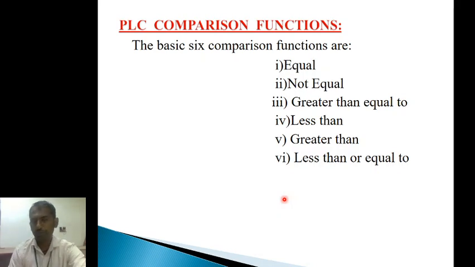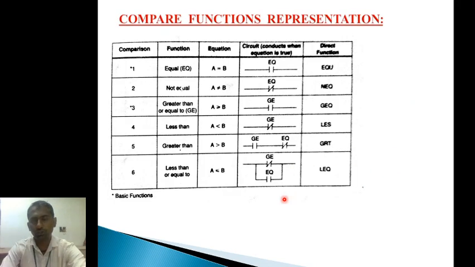In our PLC, most of the PLCs use only two comparison functions. Those two comparison functions are nothing but the equal to comparison function and the greater than or equal to comparison function. Some PLCs maintain only these two, and some other PLCs provide all 6 comparison functions directly. So here